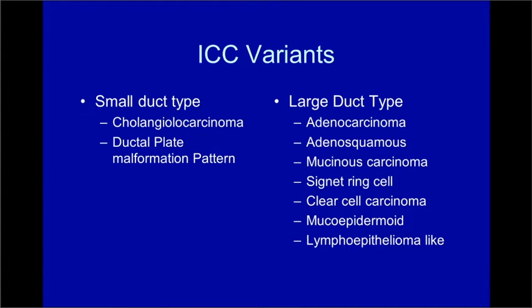I just want to make one comment that there are different morphologies. These small and large duct cholangiocarcinomas have different morphologies. The small duct type is characterized on histopathology by some cholangiolocarcinoma pattern or a ductal plate malformation pattern. The large duct type is a typical adenocarcinoma, but in the large duct, we also get some variant morphologies that we see in other organ systems like the adenosquamous or mucinous carcinoma, signet ring cell carcinoma, clear cell carcinoma, mucoepidermoid, or lymphoepithelioma-like. For today, I'm going to focus mostly on typical adenocarcinoma patterns, which is what we're more likely